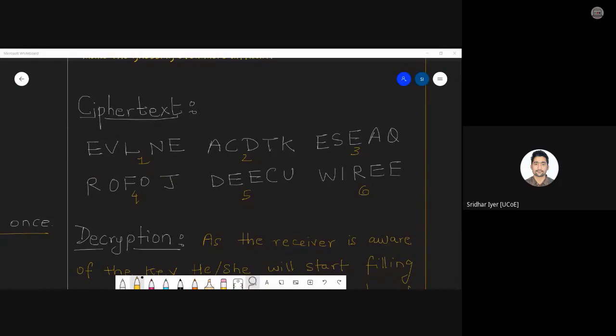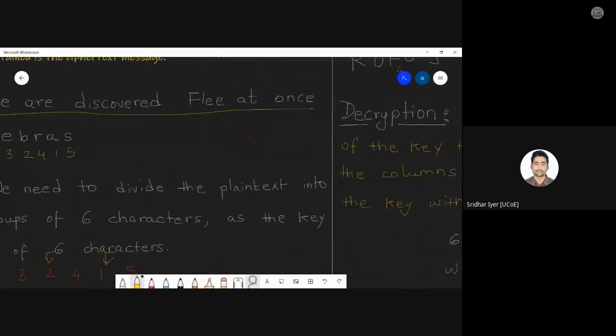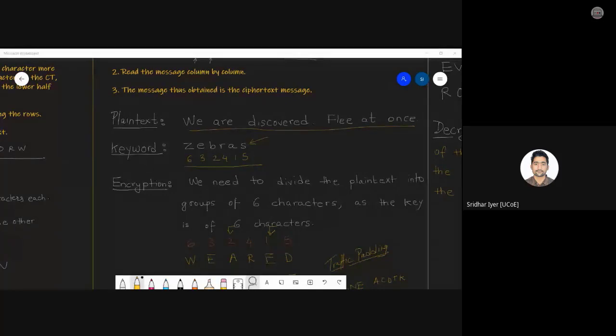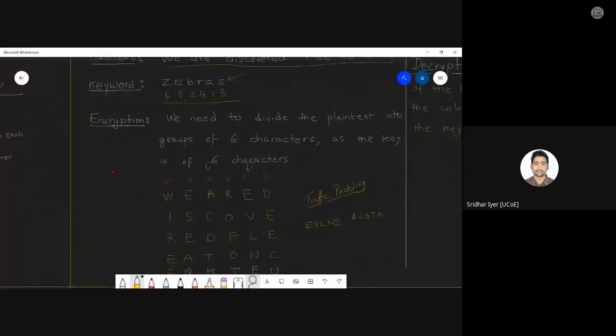Okay, I will explain once again. What we have done is we have got a key. Either the key will be given in terms of alphabets, words basically, or they will simply give you this number. The number is important, right? So we convert that alphabetical keyword into a numeric keyword based upon the alphabetical sequence. And once we get the keyword, we get the idea of how many columns must be in the matrix. As we have 6 characters in the keyword, we will have a matrix of 6 columns.